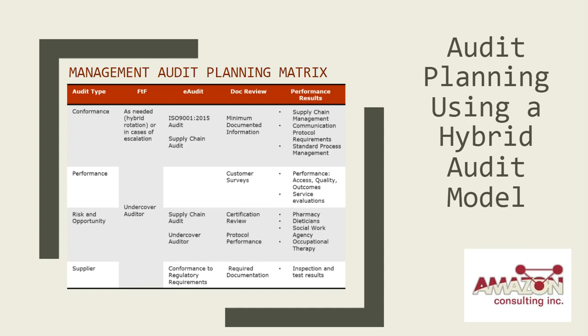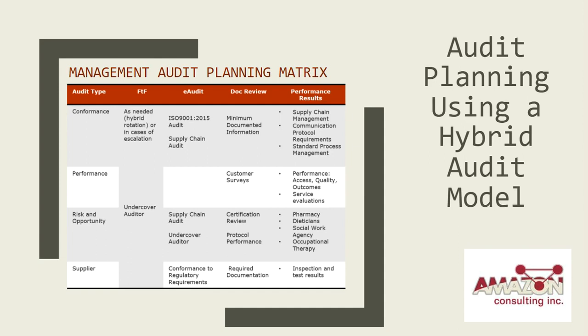So when we read this, the first line, we've got the conformance type. So this is going to be a conformance to something like an ISO 9001 standard. And what we could have here is a face-to-face audit, or an e-audit, or we can have a document review or desk audit, or we could take a look at metrics, performance metrics, which could be part of the audit trail as well, with the first three.